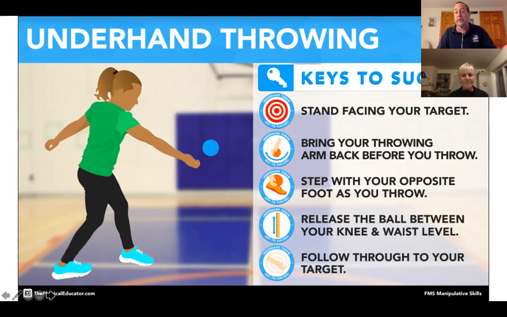And how will I know I learned it? Well, you can do it in these 3 levels, or in this area. Okay. And then we talk about our keys to success, or our 5 Qs. And yes, this is stolen again, borrowed, stolen, you decide. This is from physicaleducator.com. Joey Fife made this one. I love the graphics on it, and the student throwing underhand, which is just perfect for me.